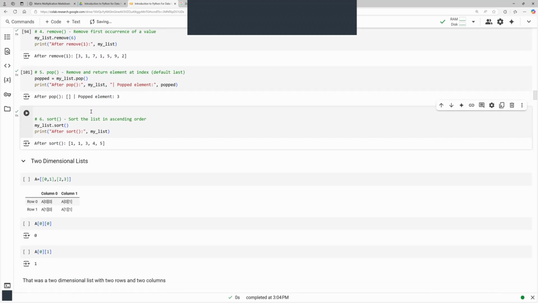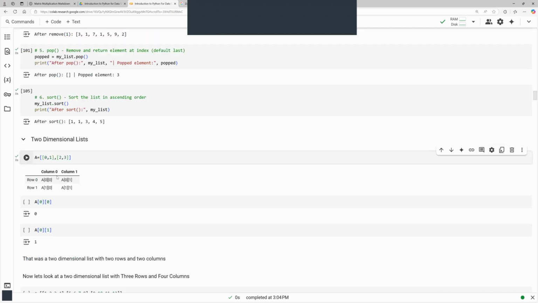There's also something called two-dimensional lists. You could see here, we have a list within a list, two lists within a list, okay? So if I run this, here's kind of the breakdown of what it is. Row 0, column 0 is A00, which basically is this value, 0. If I go row 0, column 1, it's 1. If I go row 1,